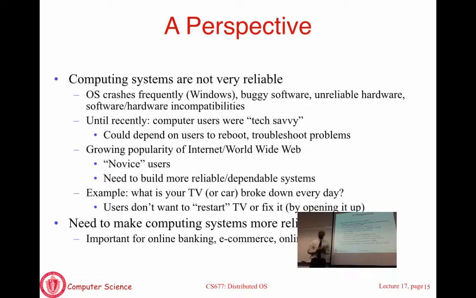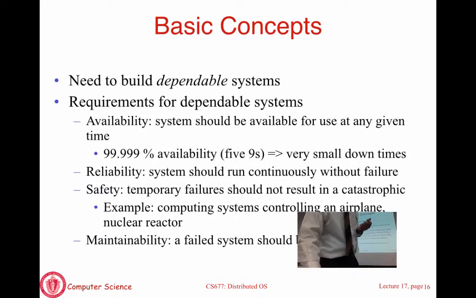So this problem has become a lot more important, as has the problem of security, which is the other problem caused by bugs. Credit card information gets compromised and your private information gets compromised because our systems are not secure, just as they are not reliable. So these two fundamental issues seem to be causing a lot of problems, and they require a lot more attention. You cannot just write a program and assume that it's not your job to ensure it's reliable, bug-free, or robust from security breaches. It is a problem for all systems designers and computer scientists.